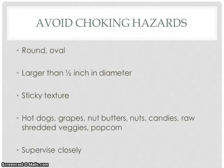Choking hazards include round or oval-shaped foods, such as grapes and slices of hot dogs. These should be avoided along with sticky foods such as nut butters and other foods that may be hard to swallow or could get stuck in the esophagus. Think of a baby's esophagus being the diameter of your pinky finger, and think about whether or not a food might get stuck going down a tube that diameter. Infants should always be monitored while eating, and caregivers need to sit through the baby's entire meal to watch for